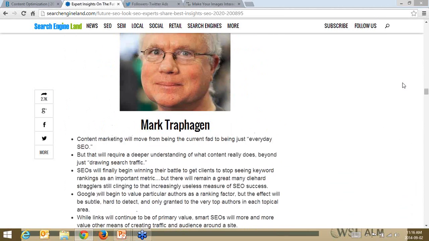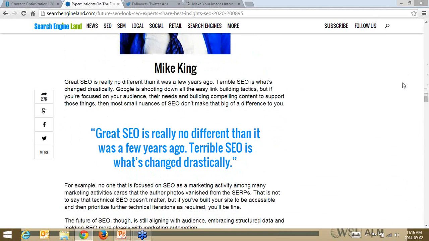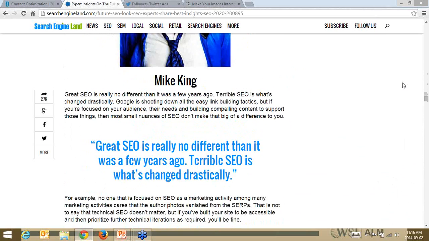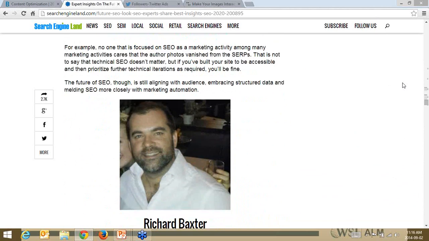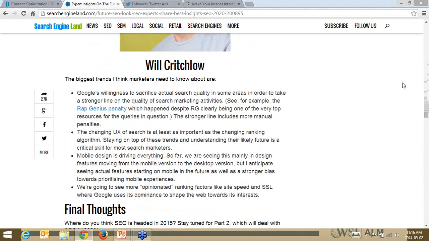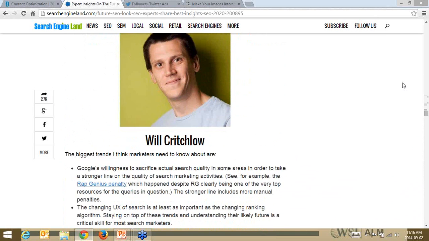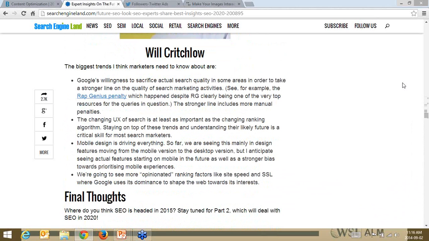Mark Stober has a lot to say about content. Mike King is talking about bad SEO going away, getting tougher and tougher to do, and so forth. So I think I've highlighted some of the major discussion points that the experts are talking about. Will again drives the whole point home about mobile, saying mobile design is driving everything.